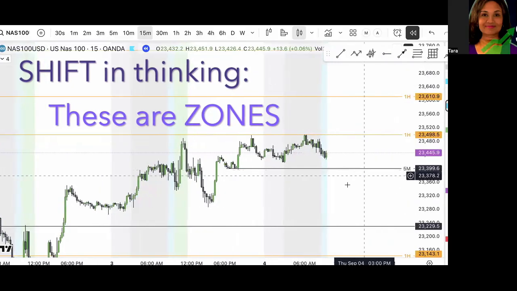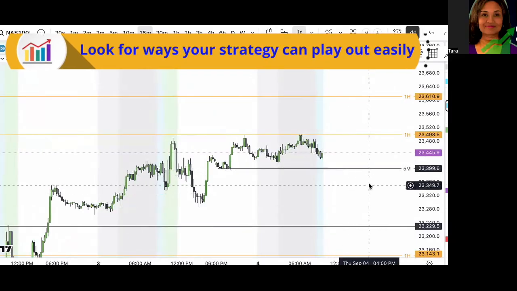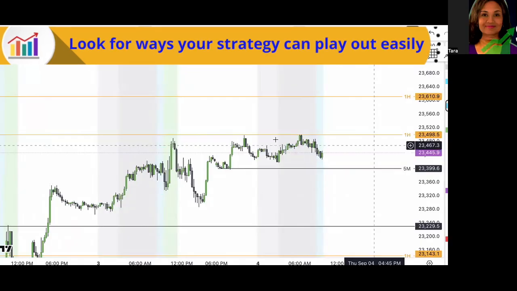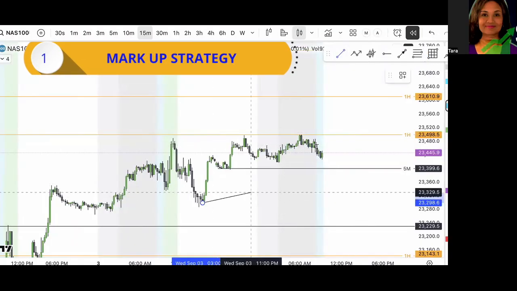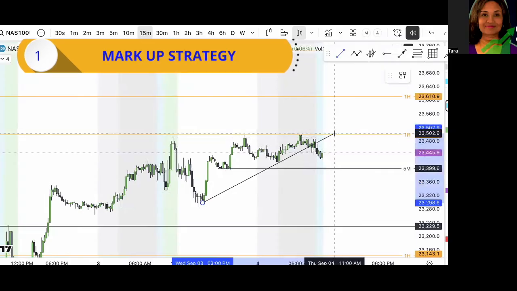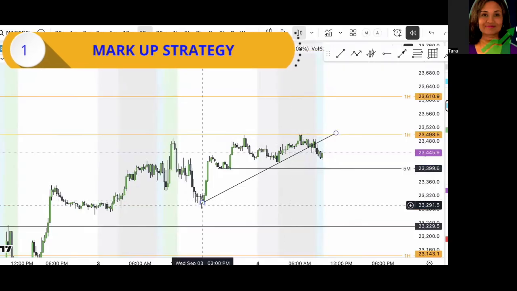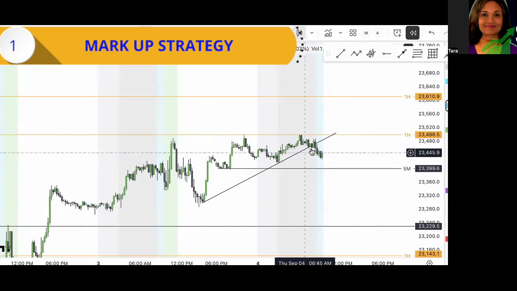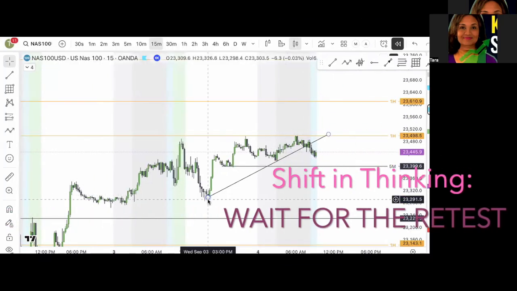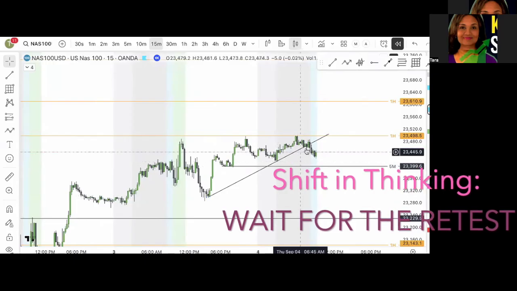And now what we're doing is looking for a way that our strategy can play out easily. And so what we'll do is get our trend line tool, and we'll see if we can draw a trend line with 3 touches. And we have one here. We've got a couple of touches here, and we have one here, and then one up here. All right, and we can see that price has broken our trend line, but it is not time to enter